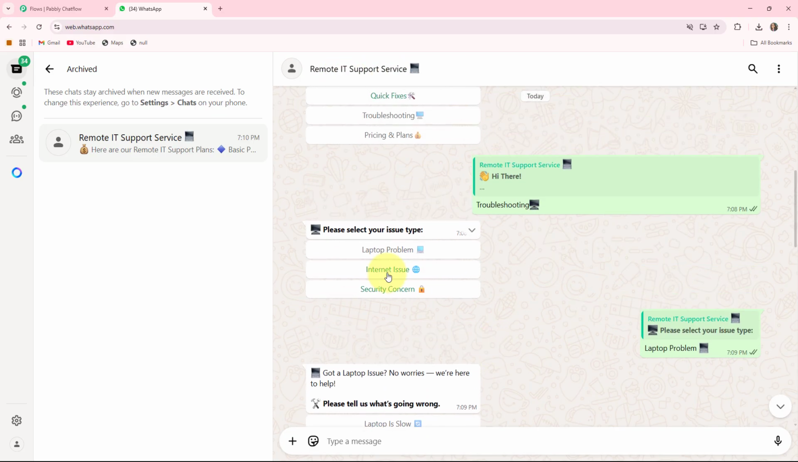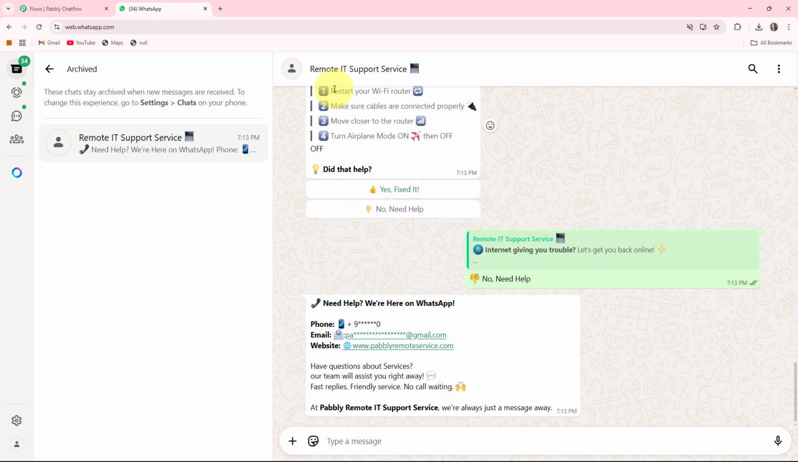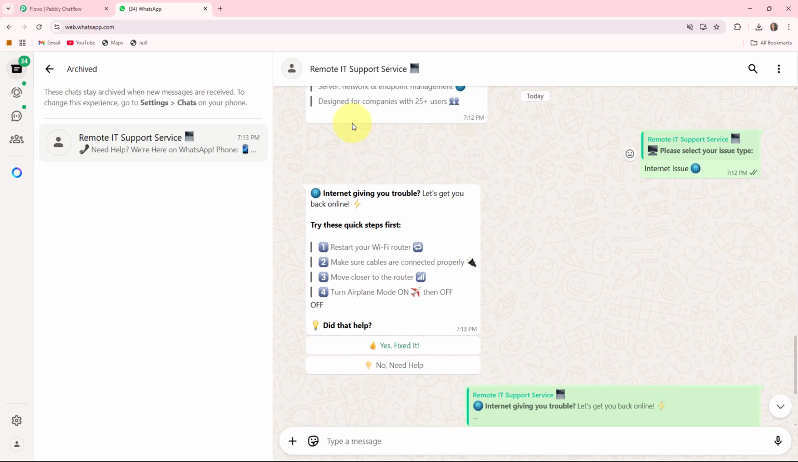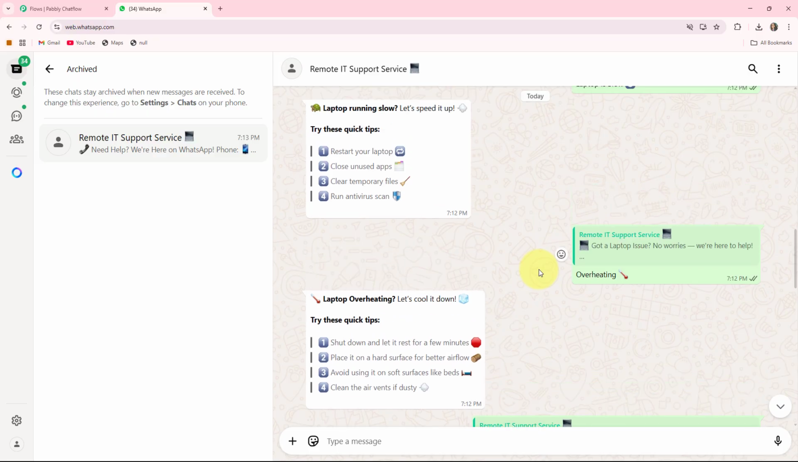If I click on internet issue, it gives me some quick steps to solve this issue and also provides me two options: yes, fixed it, or no, need help. If my problem is fixed, I'll click on this button. If my problem is not fixed, I'll click on no, need help. Then it responds like this, providing me all the contact details of this remote IT support service. So this is how your bot will work and how it will respond to your clients